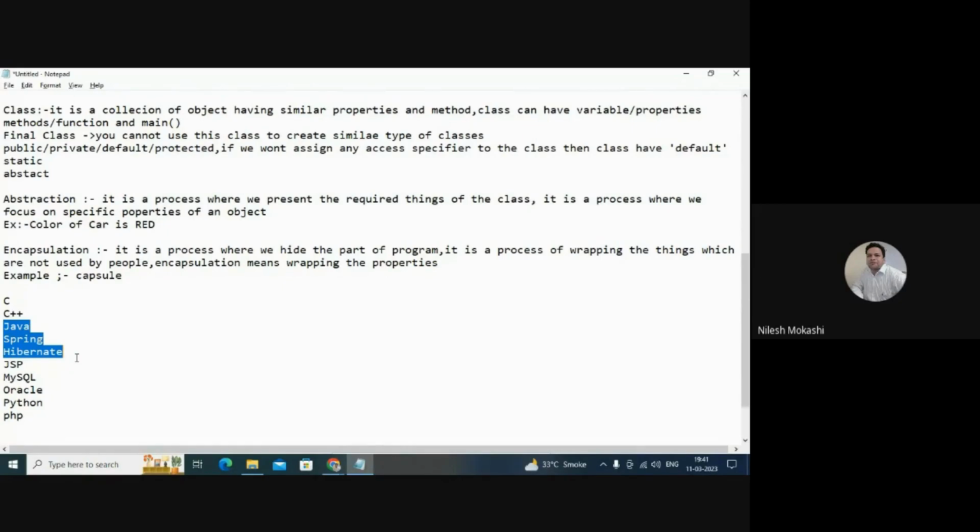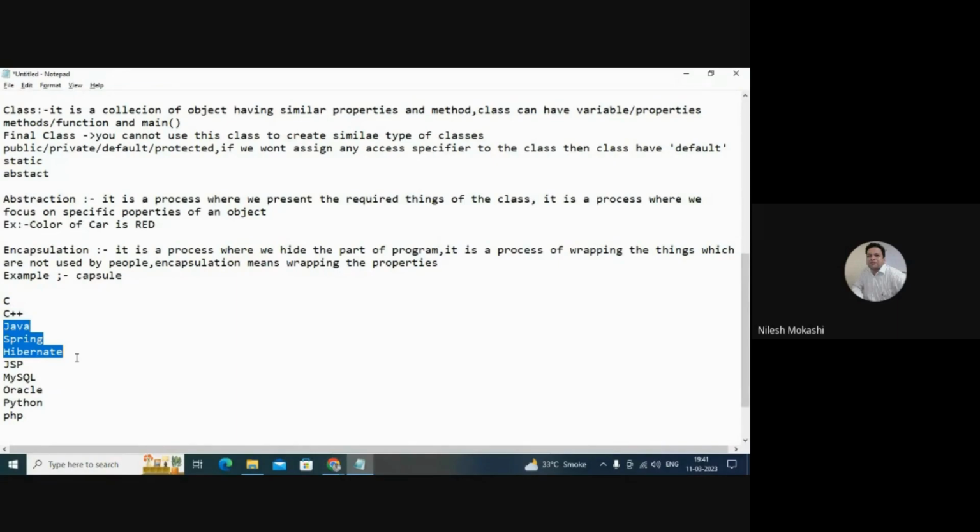His objective is very clear: he wants to learn Java technology. So as a counselor, I have to show him the related things: what the course fees are, what the course duration is, whether we give placements or not, what softwares are required, and what the timing of the class is.